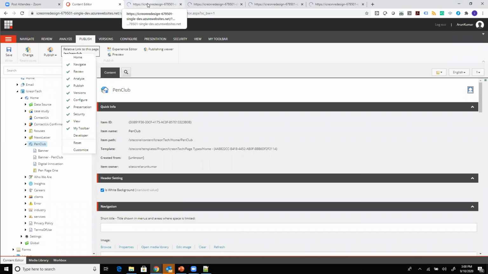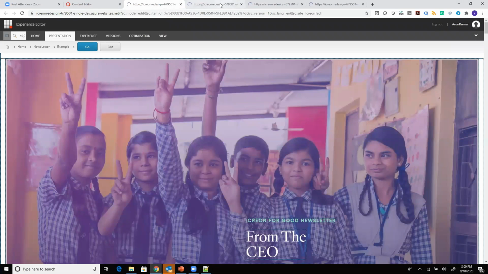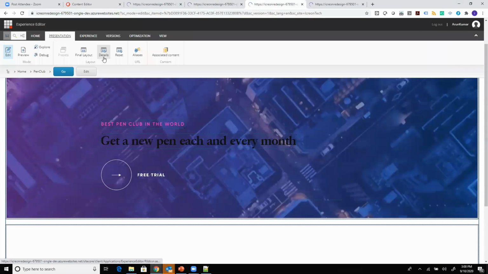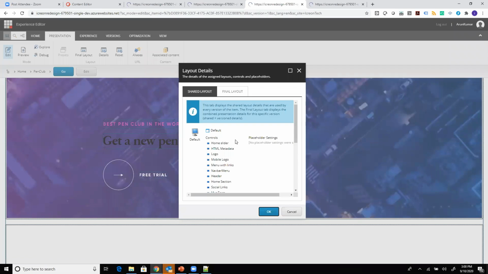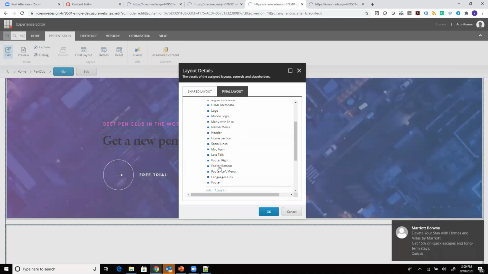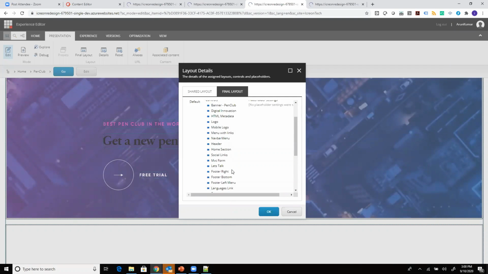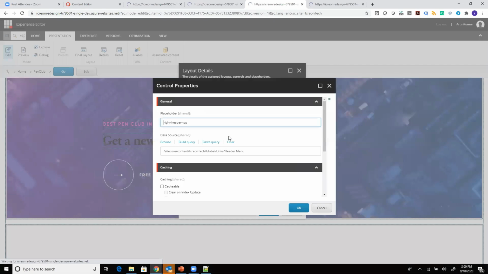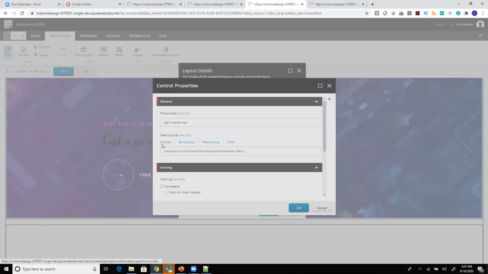So we want to be able to customize those things as well. Because those sit in our default layout, it's not like I can drag and drop those components. So what you have to understand is in the presentation section, in our details, in my final layout, you have those components: navbar menu, my header, and my footer, the footer right, footer bottom. And similar to how I was going into my pen club here and looking at the data source, if I go to my menu of links here, you can see it says Sitecore, content, Icreon tech, global folder, links, header menu. So if I go to browse this real quick,